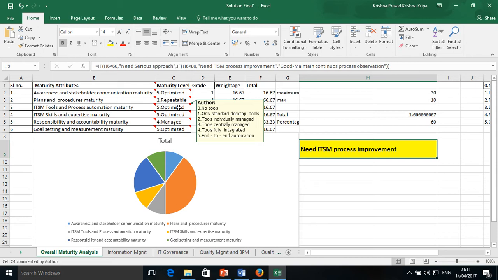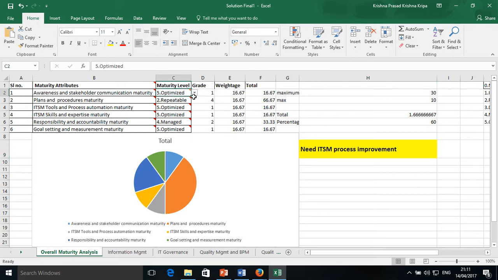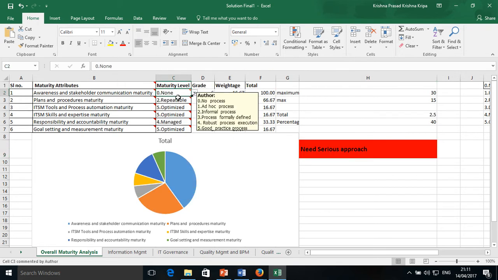If it is below 60, then it means we need ITSM process improvement. And if even one of these has no awareness, then they need a serious approach, and they must rethink their frameworks. They must restructure their framework,